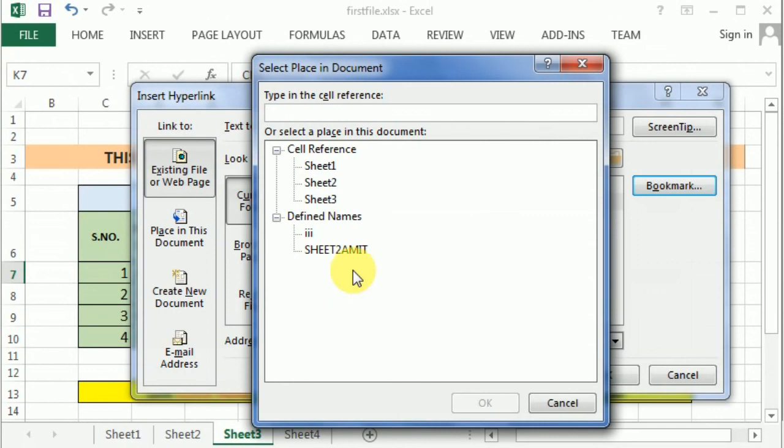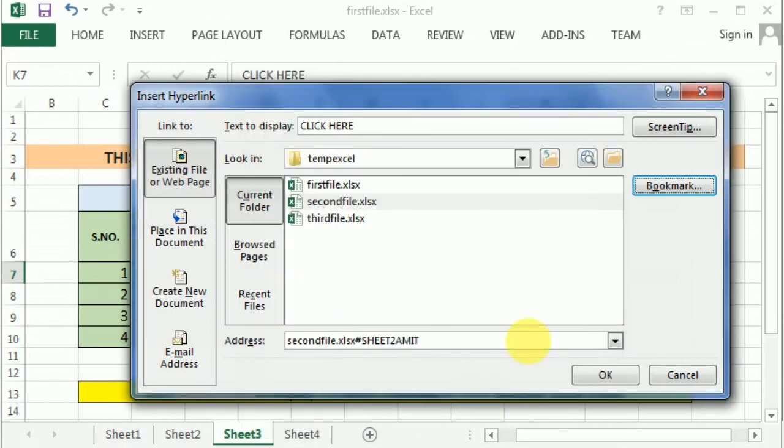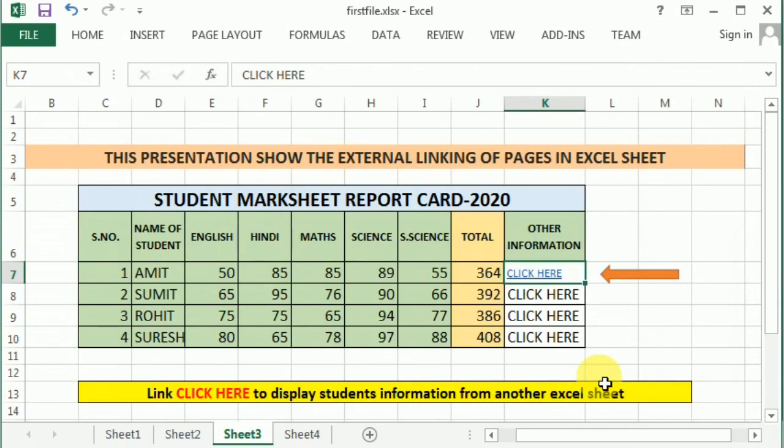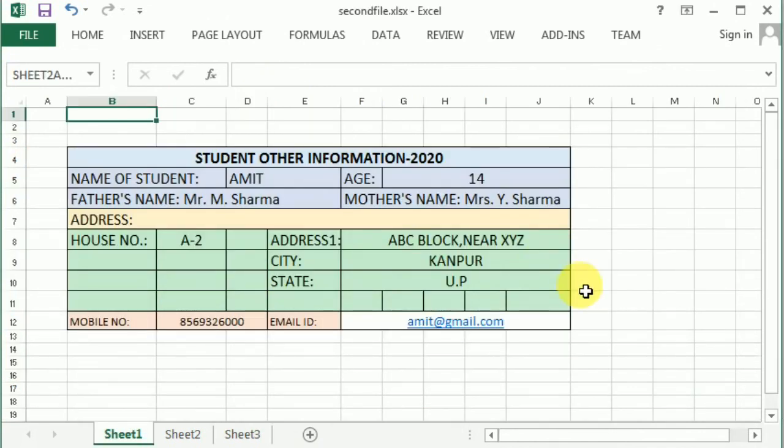The name is there, Sheet 2 Amit, click and press OK. Now it converts to a hyperlink. When I press it, it will jump. So this is the way external linking is done with the two Excel files. In the same way you can link back also, if you want to go back.